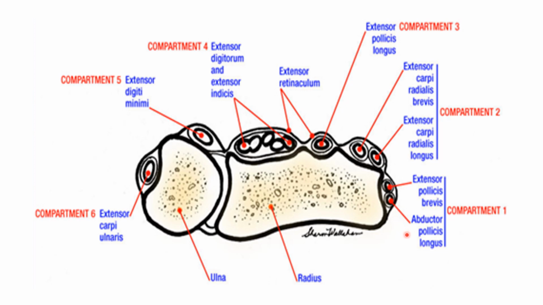So this is the radius bone and this is the ulna. This is the lateral side and this is the medial side. The most lateral compartment lies over the lateral surface of the radius at its distal extremity, and through it pass the tendons of abductor pollicis longus and extensor pollicis brevis, each one lying in a separate synovial sheath. And these synovial sheaths, later you will study in detail.